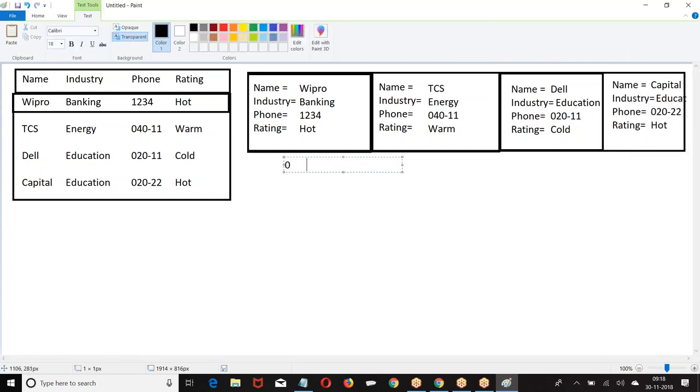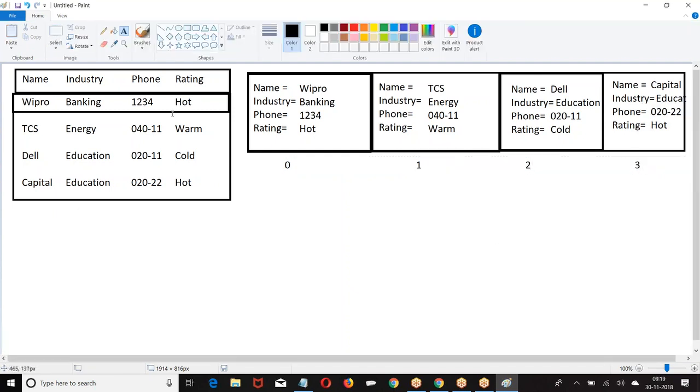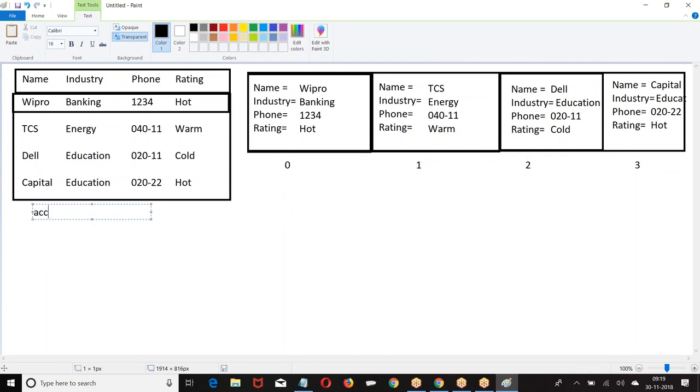Now, this is the list of records what I have, which is stored. The name of the list is accounts. What is the name of the list? Accounts. The name of this list is accounts.